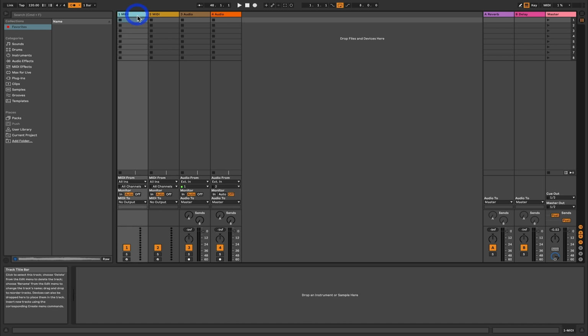You have MIDI tracks, which are basically like software instrument tracks. You have audio tracks where you can plug in an interface or some sort of microphone and you can record. So the arrangement view here is where, if you're producing a track and you're recording someone,